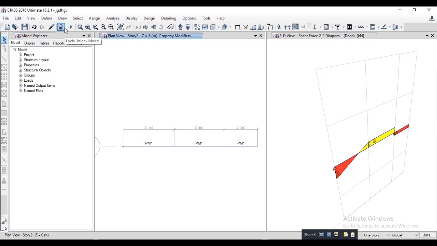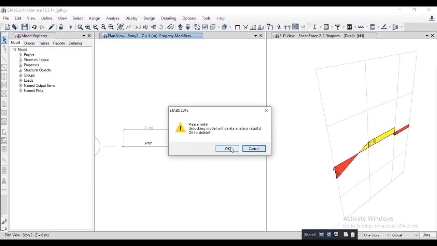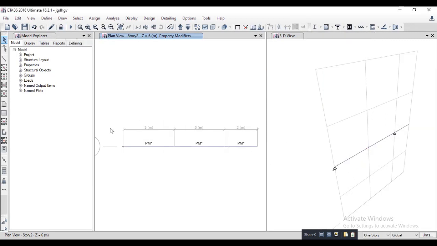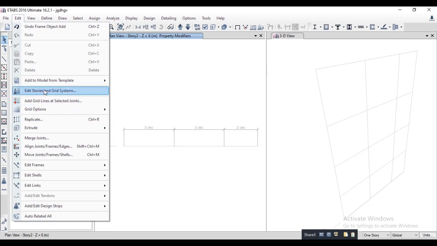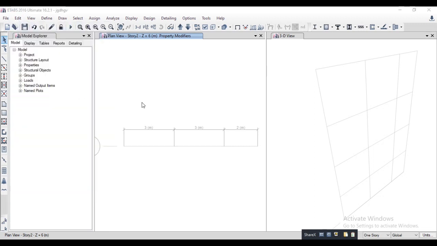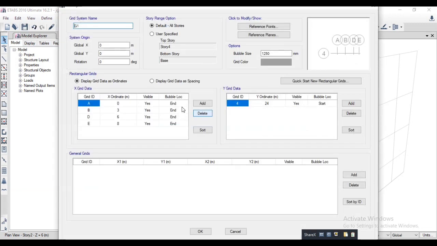First unlock the system before changing anything, and select all the objects and delete, and then go for edit story and grid system, then modify show grid system and choose the display grid data as spacing.